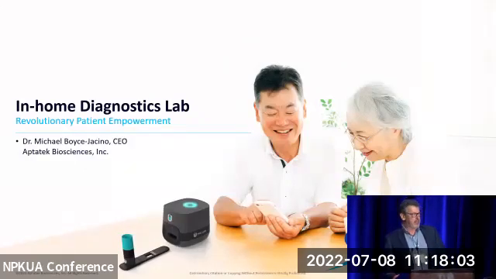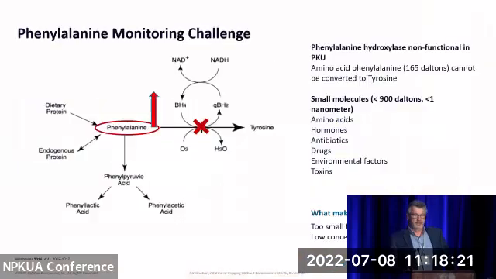So our company Aptatek, we've been working on the concept of home monitoring for chronic disease. And of course, inborn errors of metabolism such as PKU are really important models for this kind of technology. I just want to emphasize a couple of the challenges of monitoring for PKU. Obviously, you know well that the metabolic issue is that your phenylalanine is going up when you have the various potential mutations associated with the